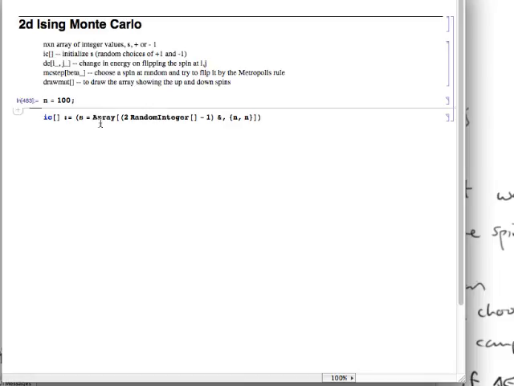And then the initial condition function will be to set s to be an n by n array of that function, and what that function is, well, random integer gives either a 0 or 1, as in flipping a coin, and then 2 times that minus 1 will give me a plus 1 or a minus 1. And then the energy function dE will be minus 2 times the spin at i and j times the sum of its neighbors,